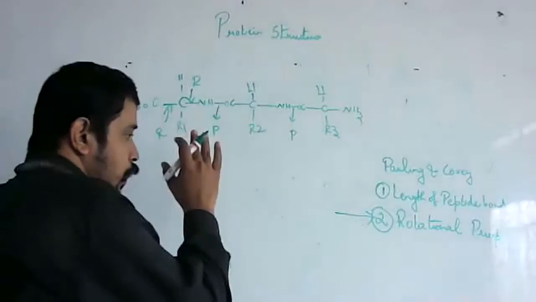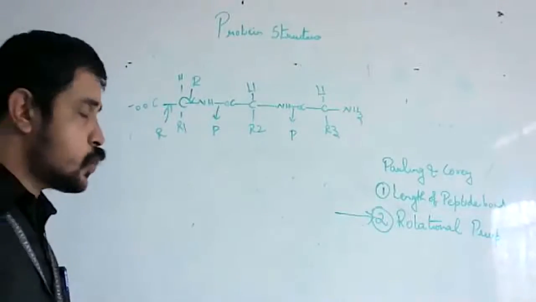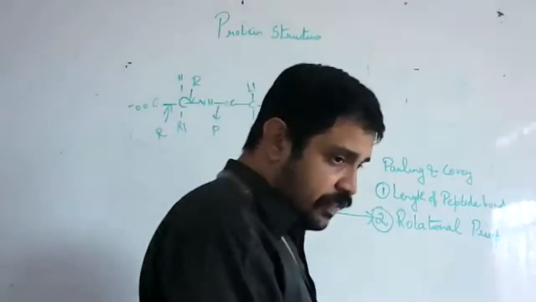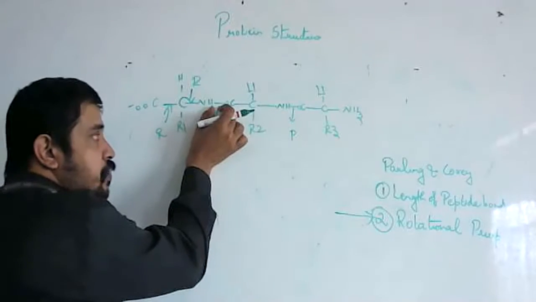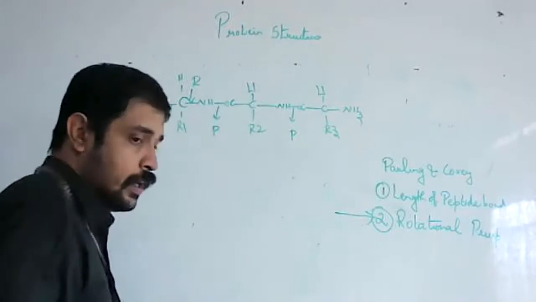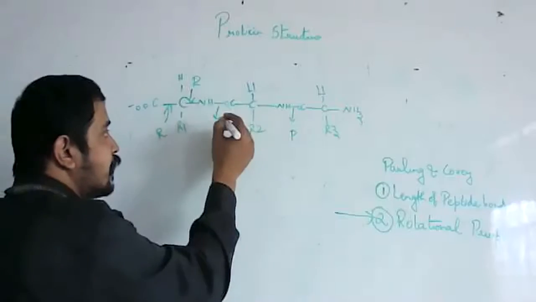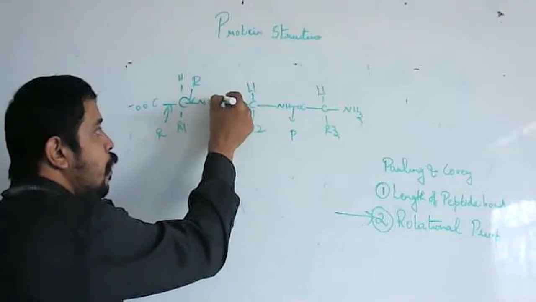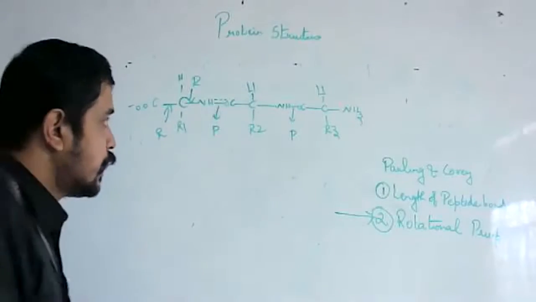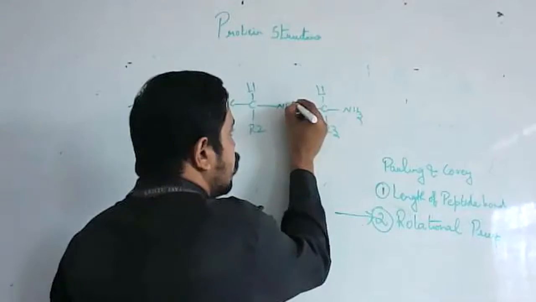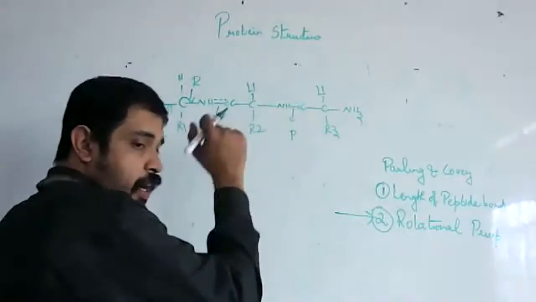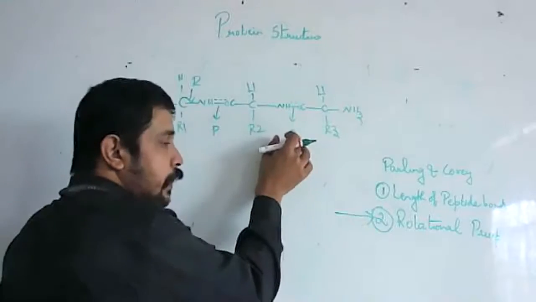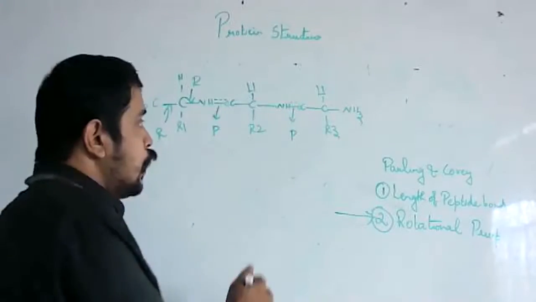Now, Pauling and Corey were also able to identify that the peptide bond, which is present here, acts like a partial double bond. There is a partial double bond formed in the peptide bond itself due to